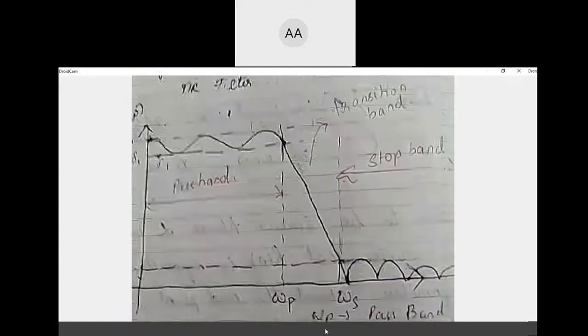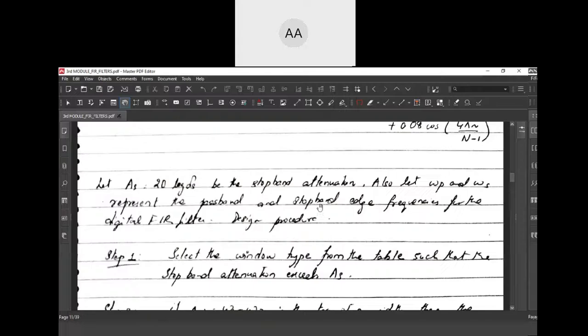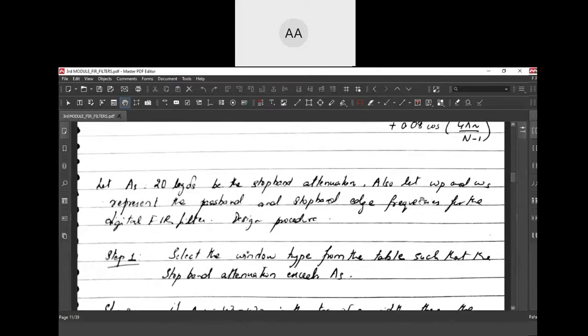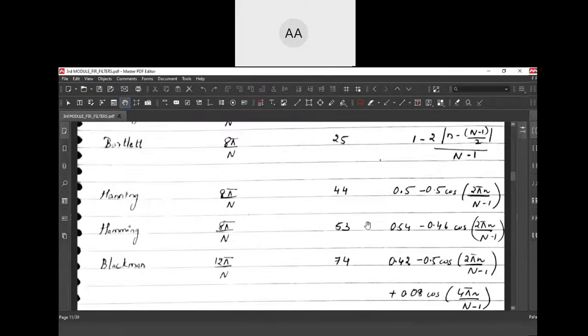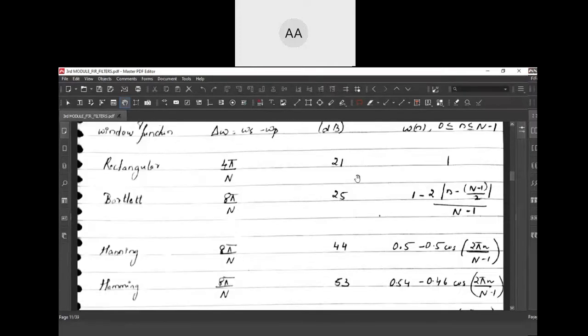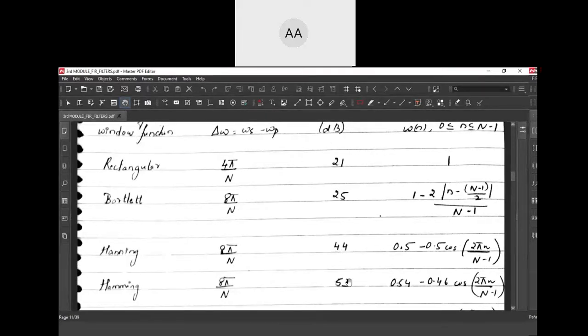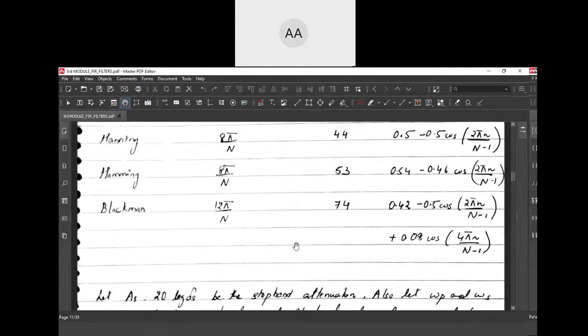So for a given problem that will be mentioned to you, after you calculate this value, you will select the window type. After calculating the stop band attenuation value, by looking at this, you can select the actual window.